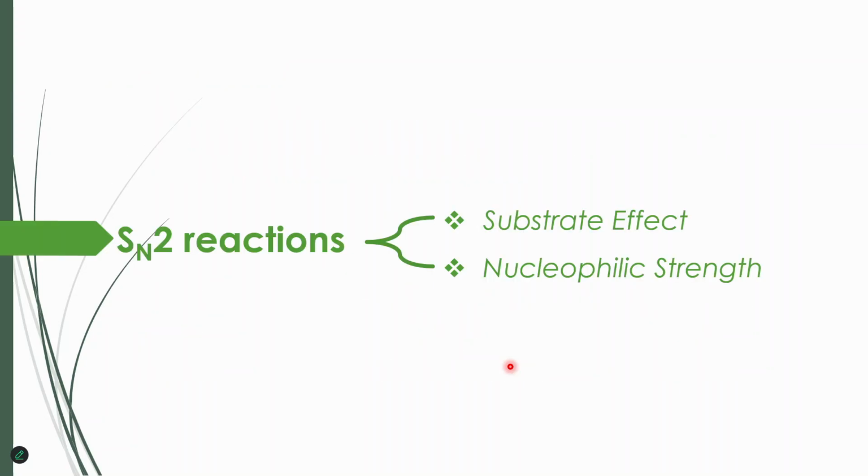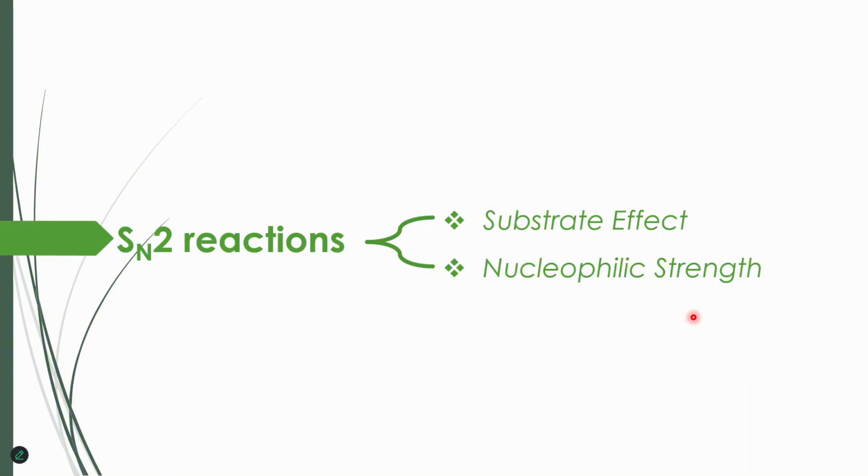Next, we are going to talk about the effects on the rate of the SN2 reaction. Basically, what are the factors that affect the rate of SN2 reactions? First one is substrate effect, the structure of alkyl halide. The second is nucleophilic strength. What kind of nucleophiles are there, which one is stronger, which one is weaker, and what determines the strength